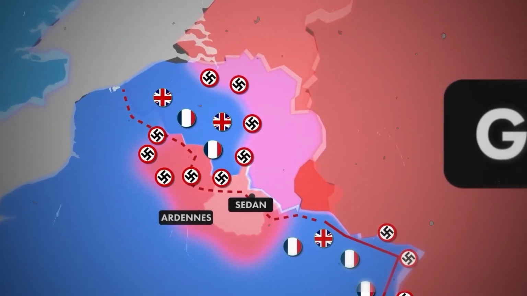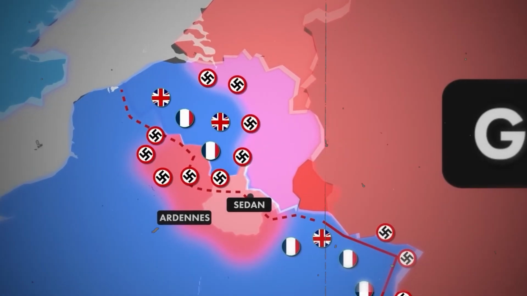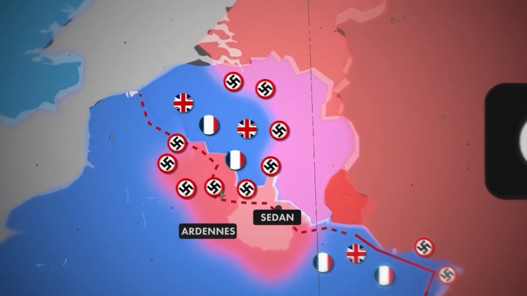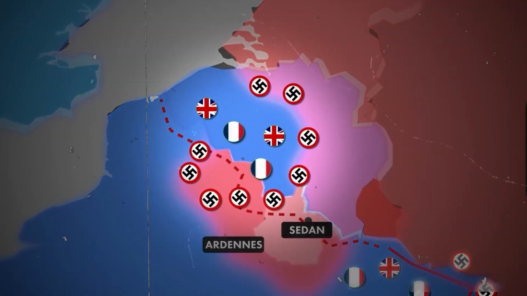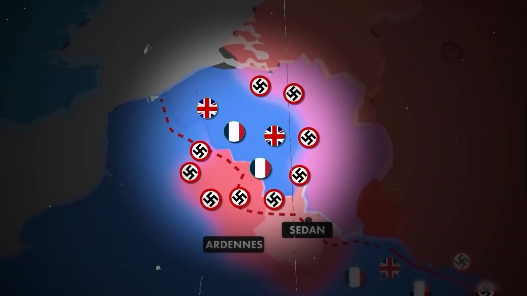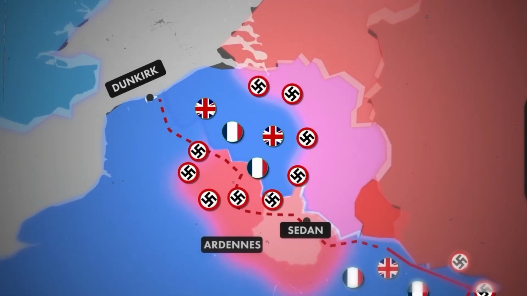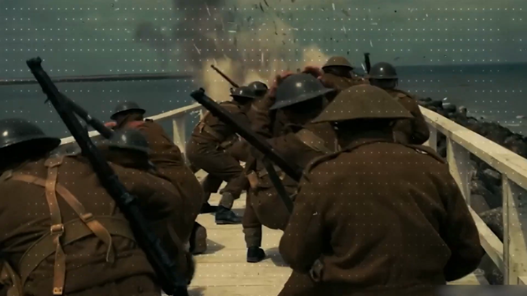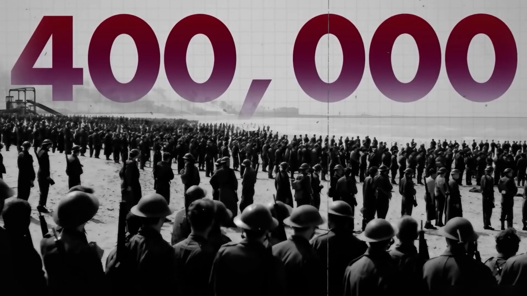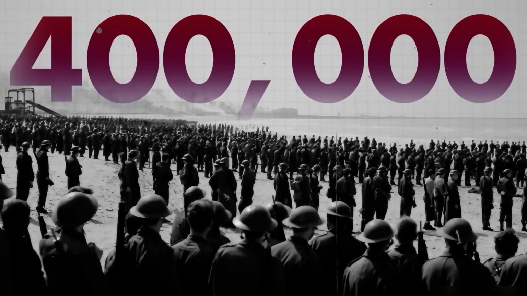The British army fighting Group B in Belgium were shocked to see the large force that suddenly attacked them from behind. The soldiers were surrounded by the Nazi army from three sides. They had only one way to escape, through the sea near the port of Dunkirk. What happened in Dunkirk was a historical turning point in World War II. Nearly 400,000 Allied troops were stranded on the beaches of Dunkirk.